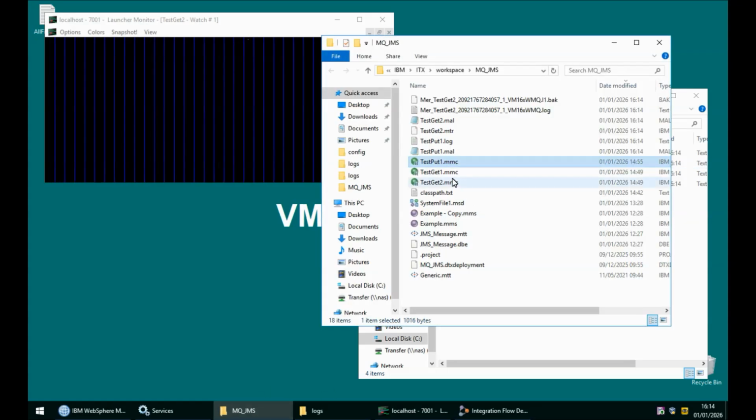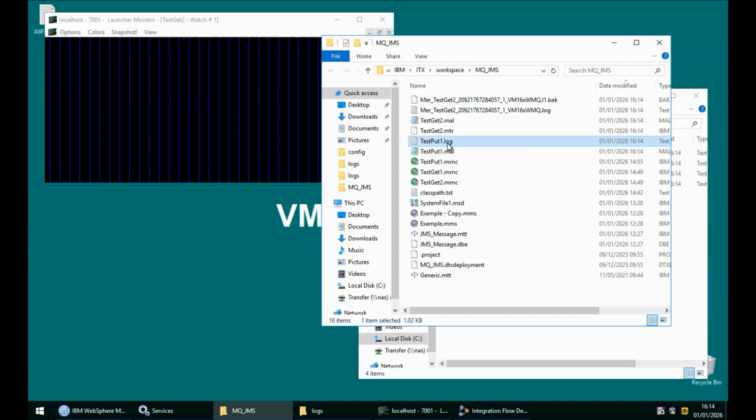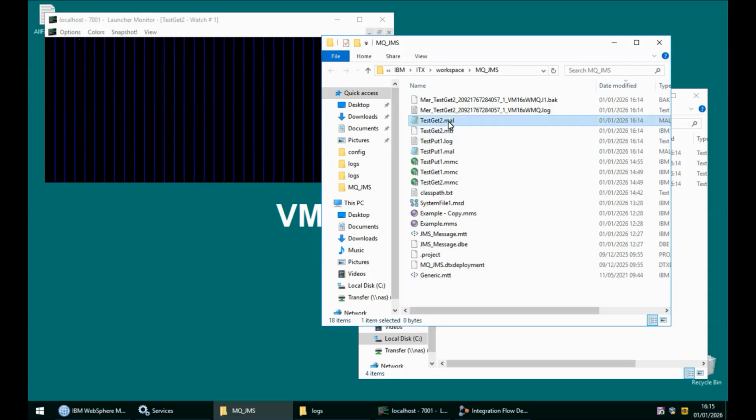again, you will see that we have a test put1 mal, the adapter trace. We have a test put1 log, the audit log. That's for when I did the put message. We also have a test get to mtr trace file, tracing the input content, a mal file, which is the adapter log, and a unique audit log for the execution, as well as a .back file showing the content retrieved